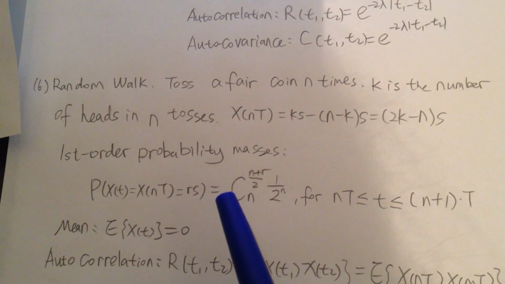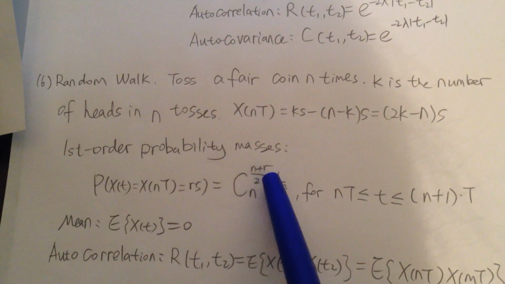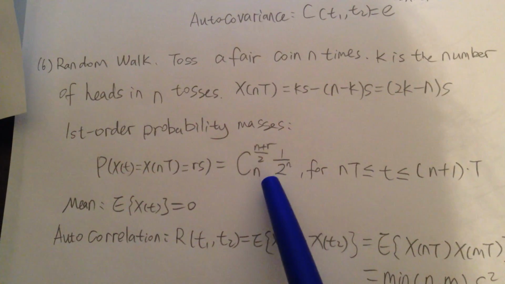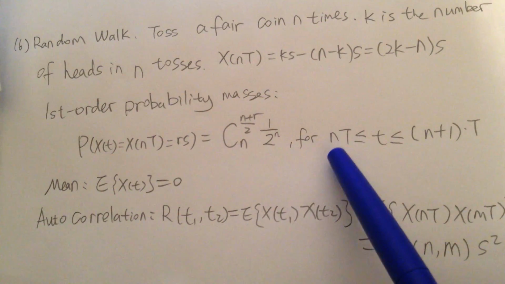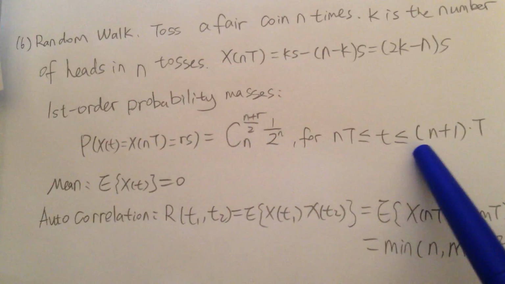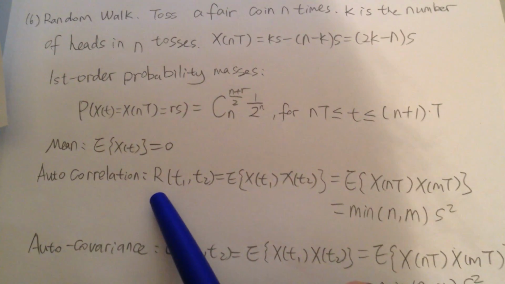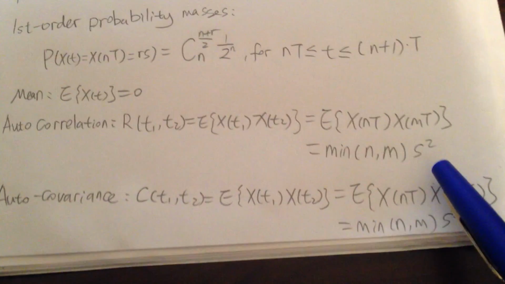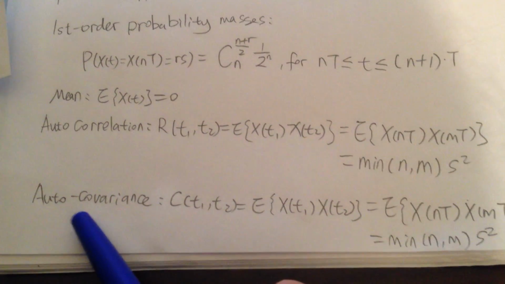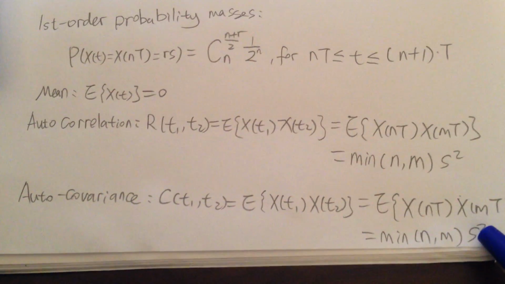equals r s, which equals C(n, (n plus r)/2) times 1 over 2 to the power of n, for t greater than nT and less than (n plus 1)T. And the mean of this process is 0. The autocorrelation of this process equals the minimum value of n and m times s squared. And its autocovariance equals the minimum value of n and m times s squared,